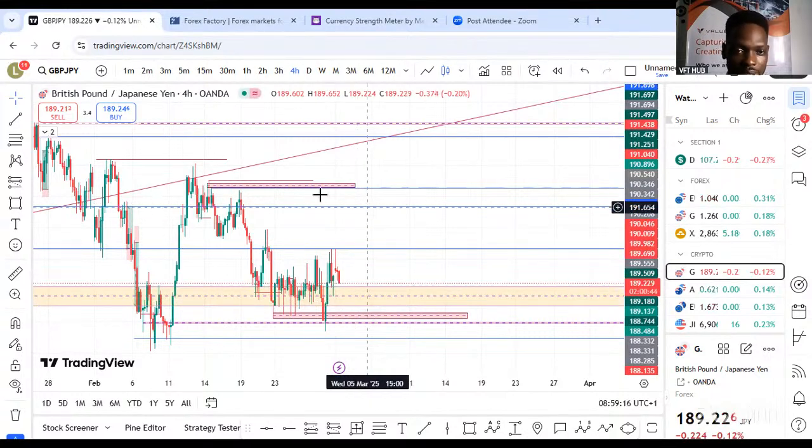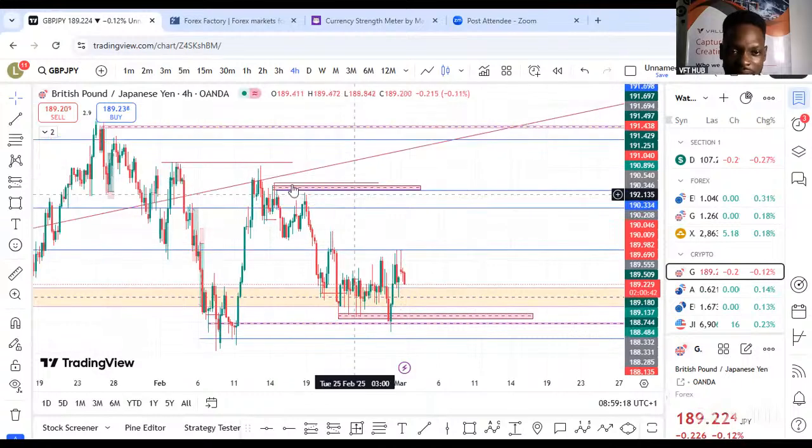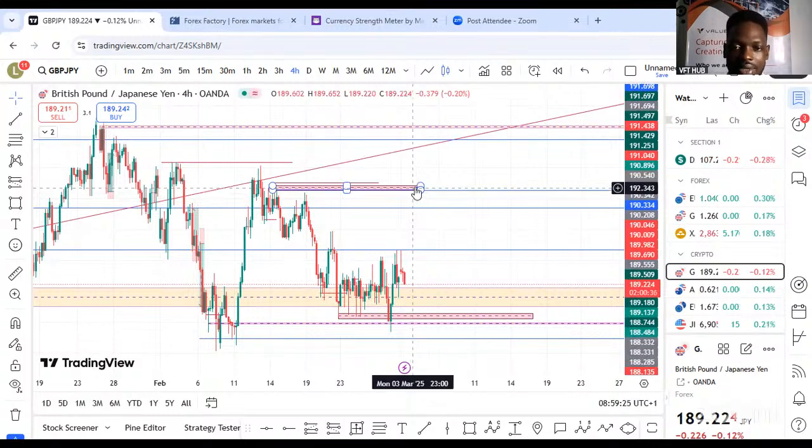When that buy begins, we are expecting price to trade all the way into this level we've marked for the past few weeks now. When price gets there, then we can follow through with the overall sell of GBP all through. Does that make sense? So that is what we are looking out for on GBP/JPY,